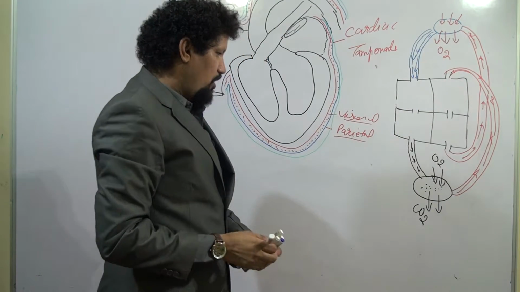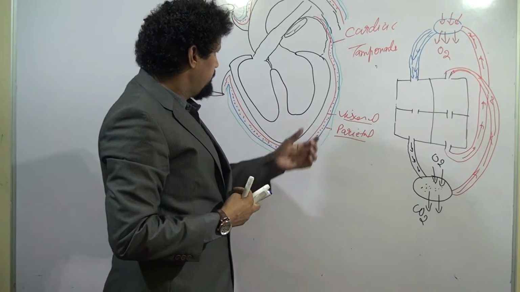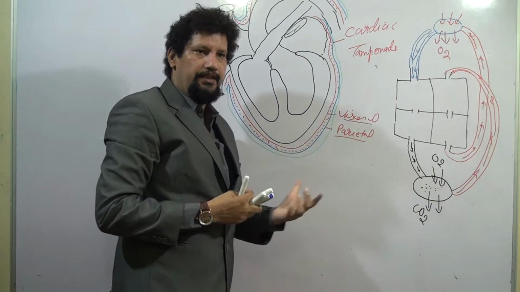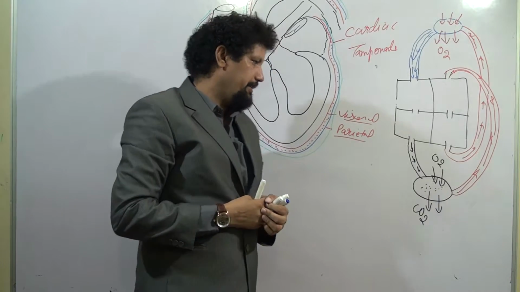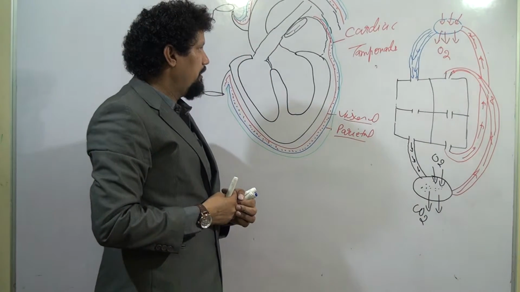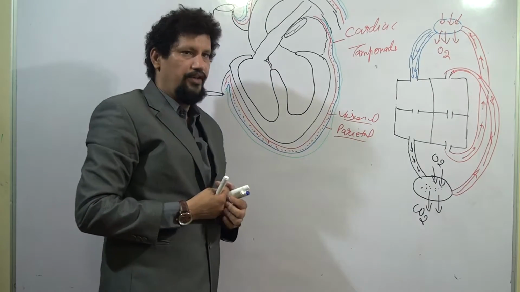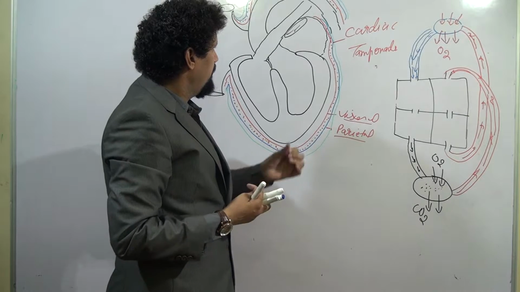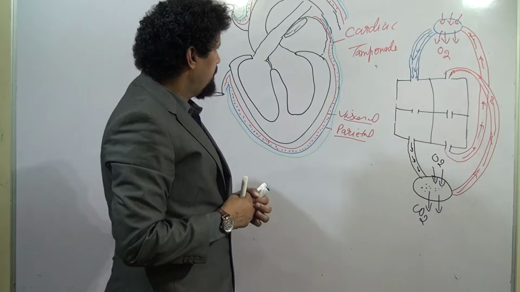The accumulation of fluid in this pericardial cavity lying between the visceral and parietal layer of the pericardium is known as cardiac tamponade, and aspiration or drainage of extra fluid or infected fluid is known as cardiac tap,